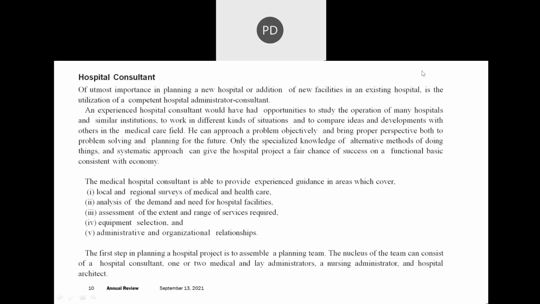Now the next one where he can give us guidance is administrative and organizational relationship, right? In the culture, like how the culture of the hospital should be, in that regard also he can give us an idea. Okay, so